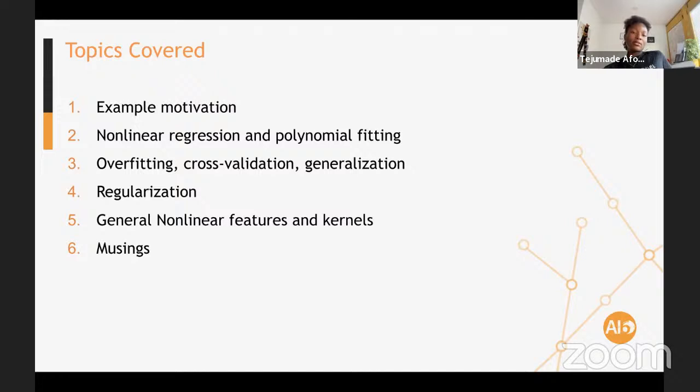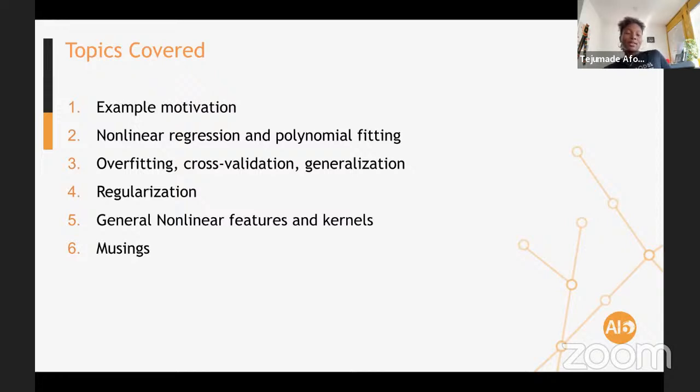We talk about how to use polynomial features to make the problem that is nonlinear solved in a linear way. We also talk about overfitting, a natural problem that starts to occur once you start to fit many high order polynomials. And then how do we regularize this to make it generalize better?